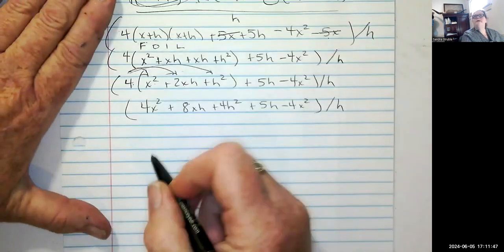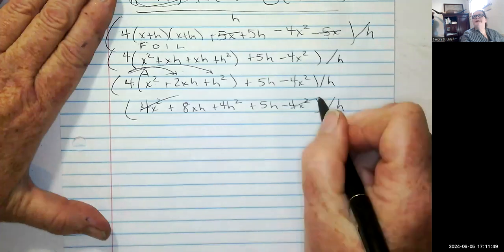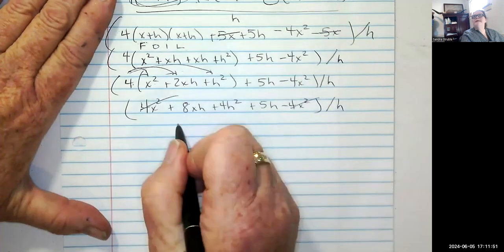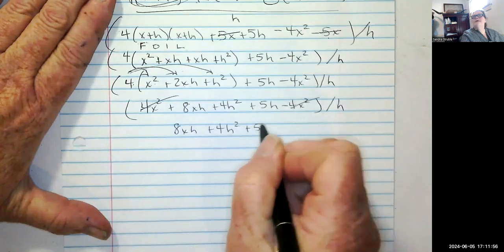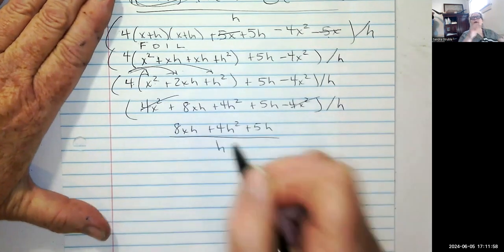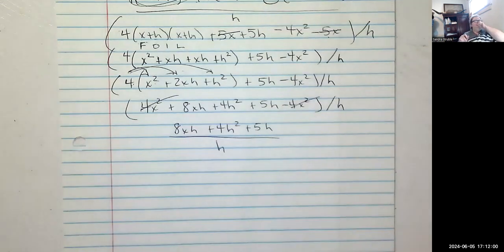All right. 4x squared and negative 4x squared are canceling, and that leaves me with 8xh plus 4h squared plus 5h, and all of this is over h. Now, the thing that messes people up on this piece,